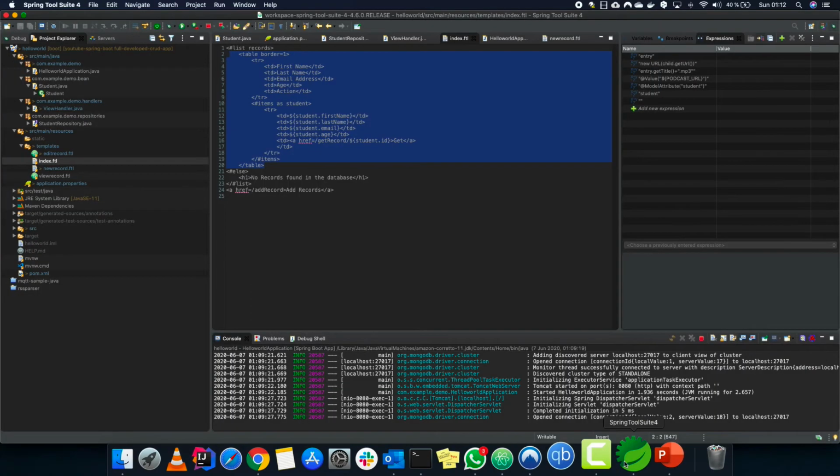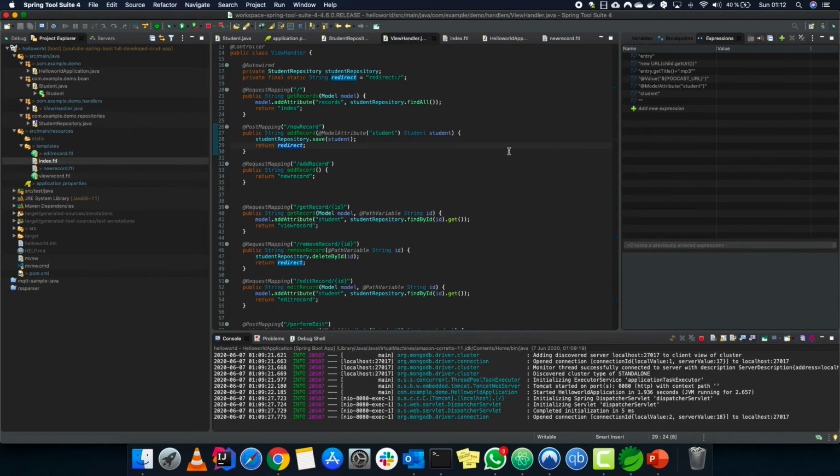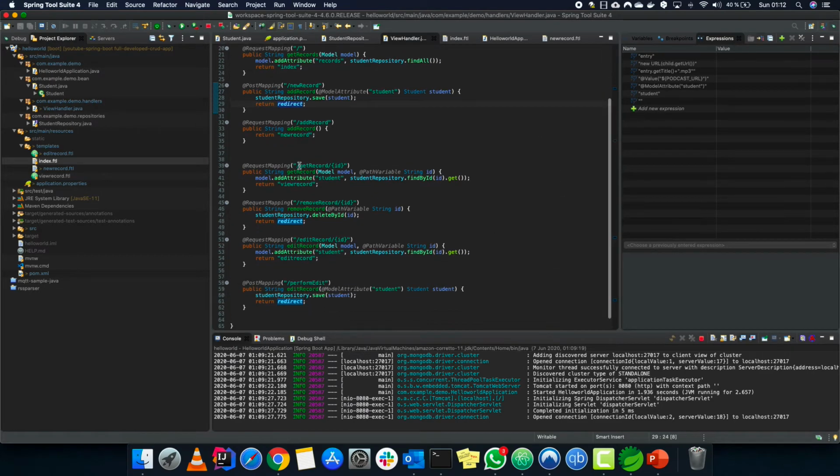How does it work? So let's go back. When we click this particular link named get, we go into the get record, and along with the get record, we are also passing an ID. This particular ID is a field of that student object that is passed. And how does the address look?